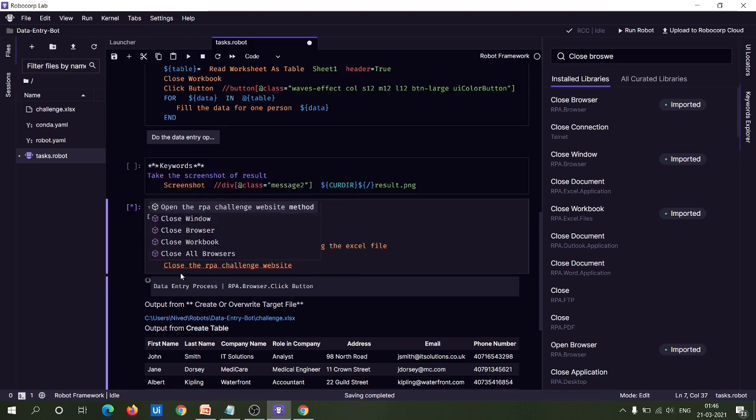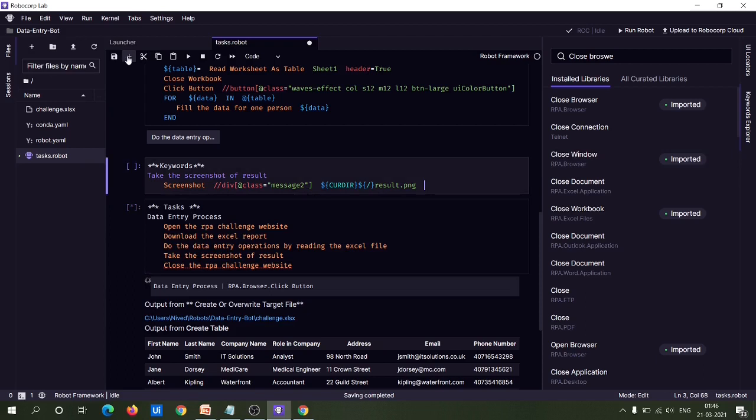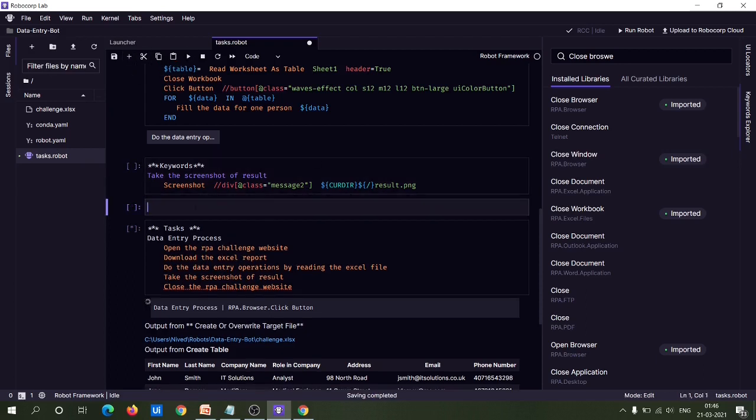Okay, so this is your step. Under this step, what you have to perform is you have to close the browser. So for that, you can use this close browser keyword.